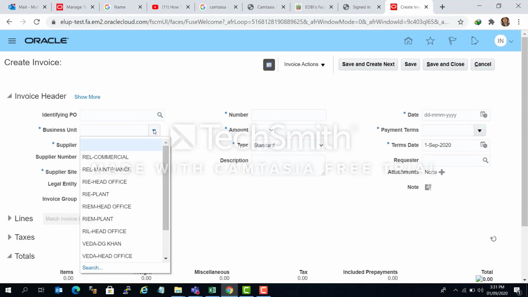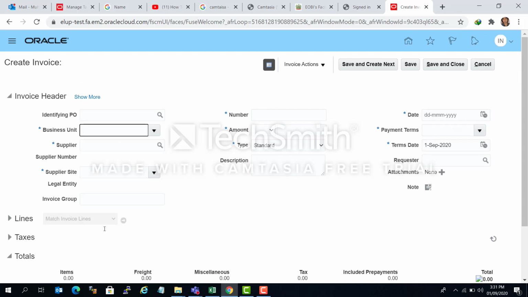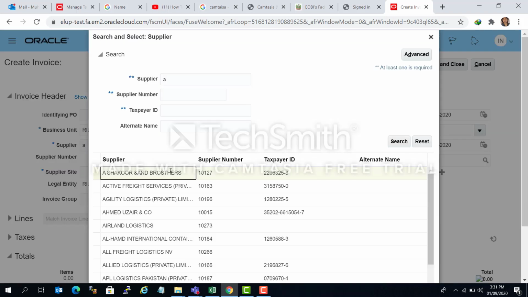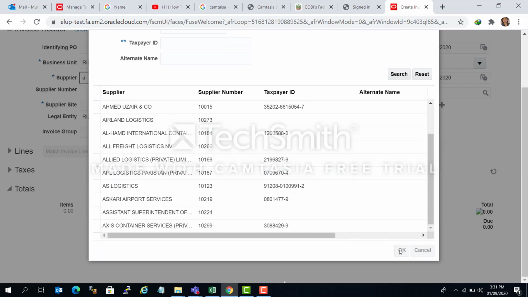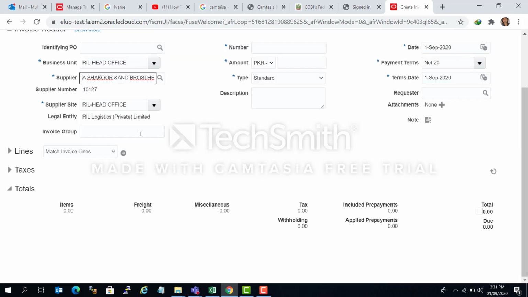Business unit: select the relevant business unit. In our case, we have real head office. You have to select the supplier, enter the supplier number or name, and click OK. Supplier site will be automatically defaulted in case there is only one site. If there is more than one site, we have to select the relevant site according to the list of values. We will enter the invoice number,